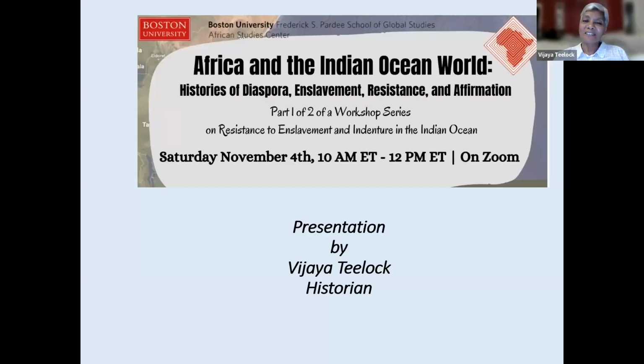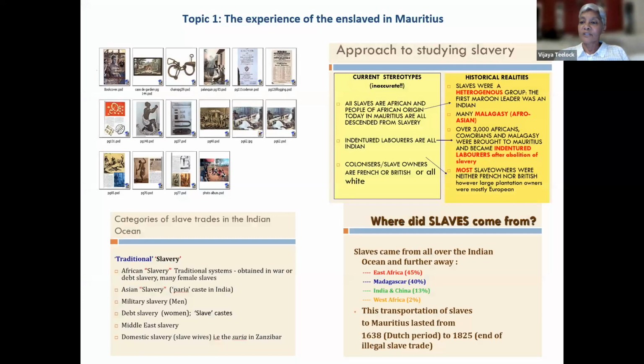Sorry. I was just explaining what the slides are composed of. They are basically extracts of classes I've had and what I've presented to students. So the first thing, very important, is the experience of the enslaved in Mauritius before even starting to look at the experience directly of Mauritius. It's very important in Mauritius to take account of